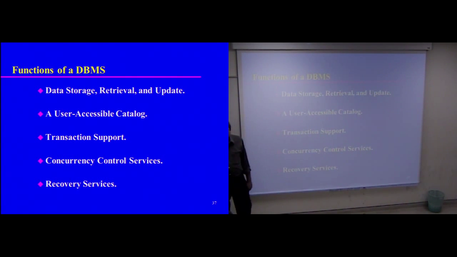Concurrency control is another service or function that can be provided by professional DBMSs. What does it mean, concurrency control? What's concurrency? Concurrency means that two things are happening at the same time. They are done concurrently. And a simple example for this,